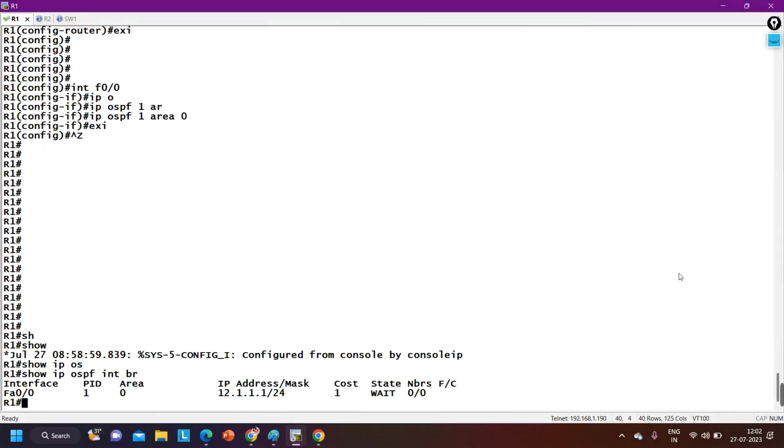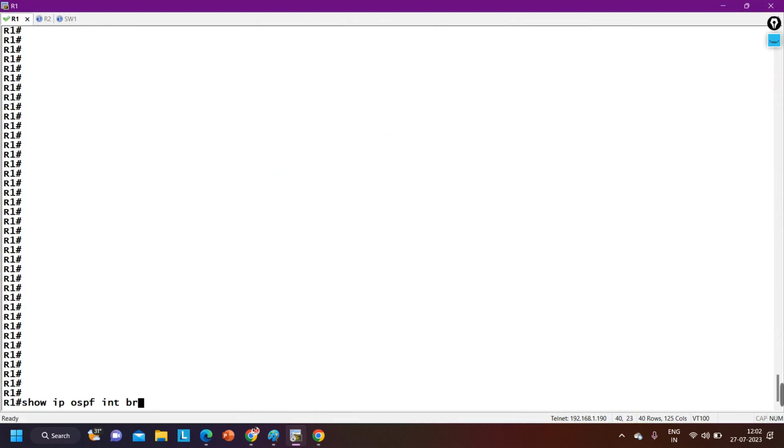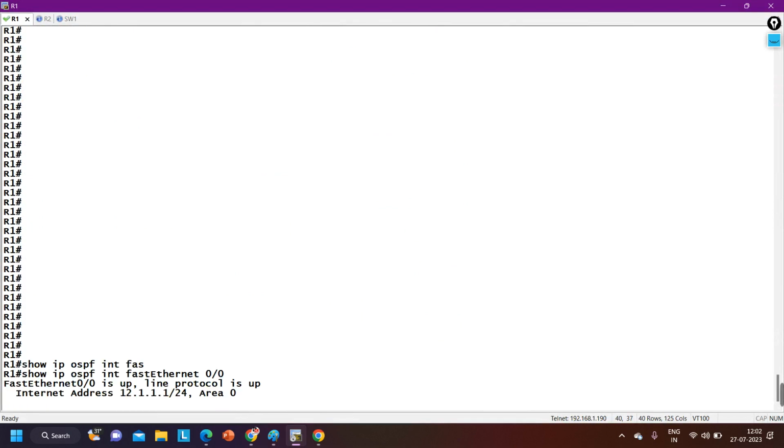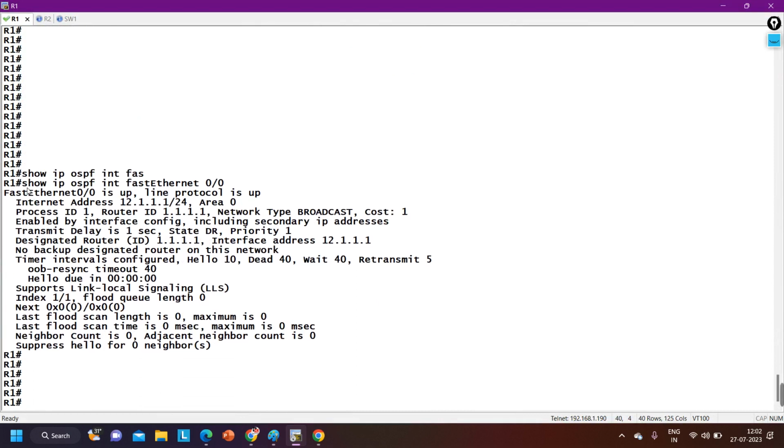Now if I check the detailed information on this particular interface by running the command show ip ospf interface FastEthernet 0/0, I can use this command to check the detailed OSPF configuration of this interface. Here you can see FastEthernet 0/0 is up, line protocol of this interface is up, internet IP address is 12.1.1.1,